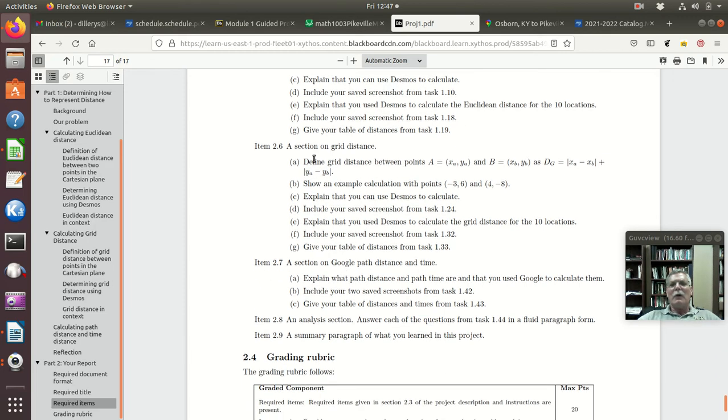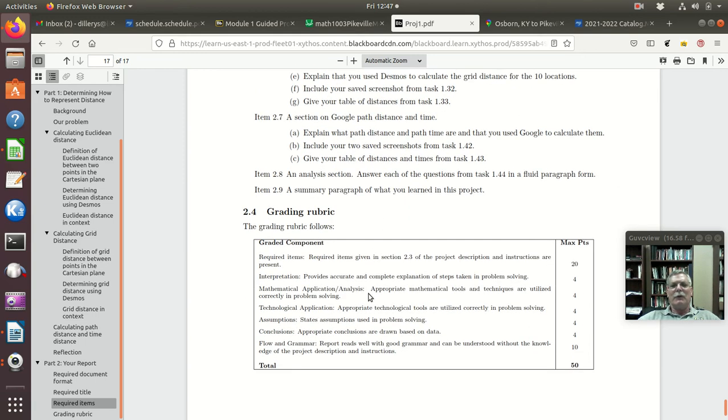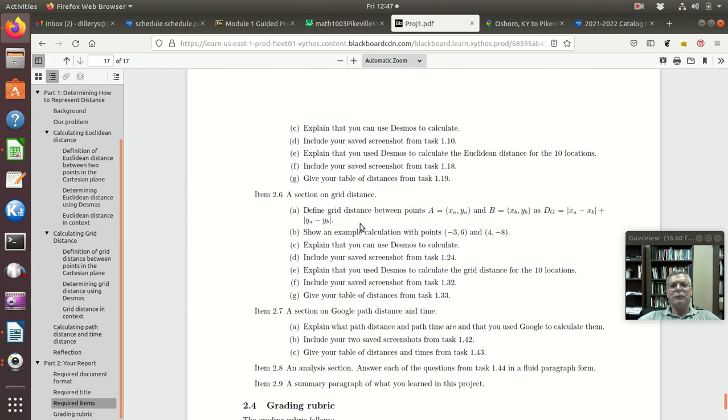And then you are on to the section on the Google Paths, and here you just want to explain what you're doing, give those two screenshots with figure numbers, and then the final table of distances. And then you get to the analysis section, and you want to answer each of those questions.